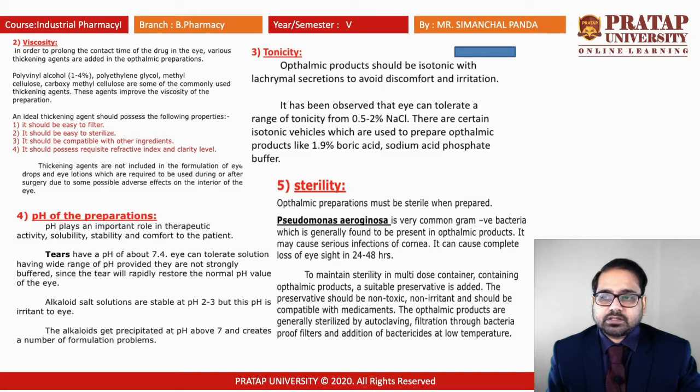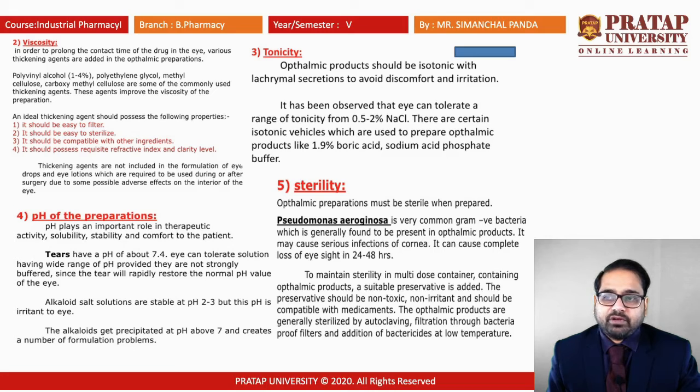Next, pH of the preparations. As we know, the eye is a very sensitive organ and it maintains its own pH, its level is 7.4. We also observe that sometimes if we use normal water to wash our eyes, we feel a certain type of irritation, because the water may contain some minerals, or due to the presence of different natural ingredients it may change its pH, either slightly alkaline or slightly acidic. Both create irritation inside the eye.